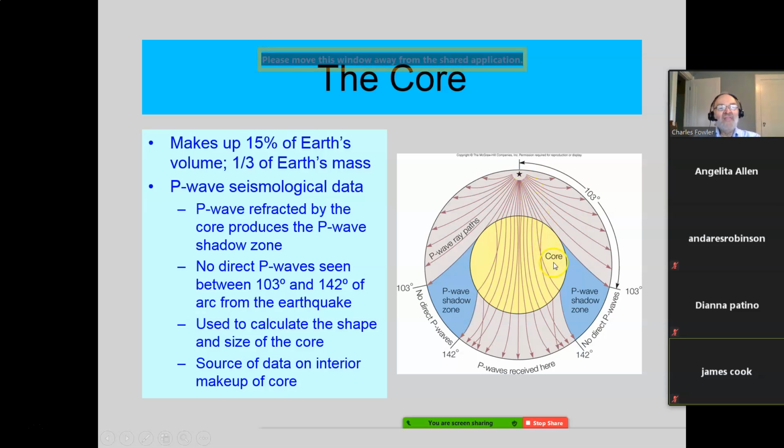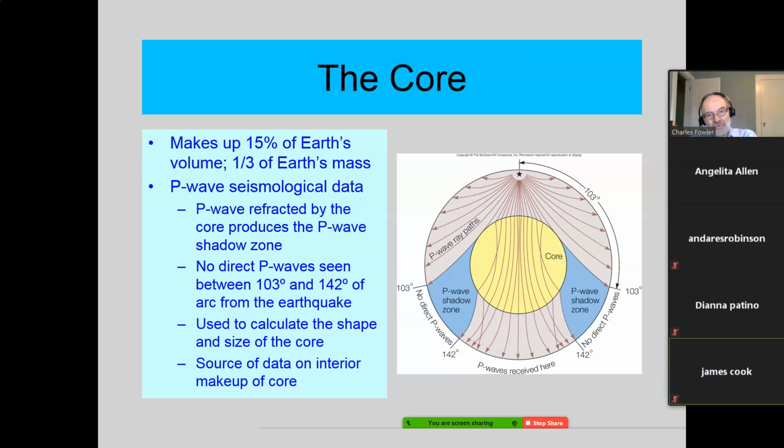However, those who get into the core, where the density is much greater, they refract, meaning they bend inward here. When they're bending outward, it's because it's getting less dense. When they bend inward, that means it's getting more dense. Okay, so they bend inward, but then start bending outward again. Now, what's the reason for that?